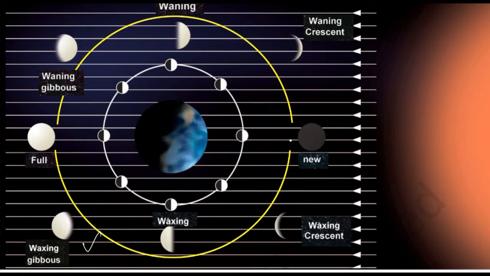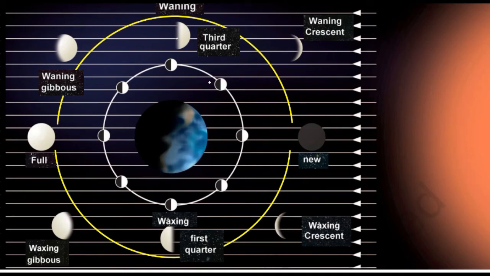So when the moon starts appearing from here to here, a quarter is over. So it's the first quarter, and from here to here it's the second quarter, and from here to here it's the third quarter, and it's a complete circle, one cycle we can call it. Therefore this particular moon can be referred to as the first quarter, and this is the second, and this will be the third quarter, right? And this is how the phases of the moon appear